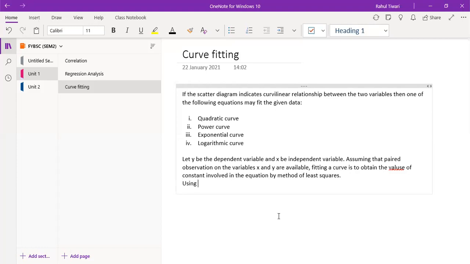Using the equation with known constants, we can estimate